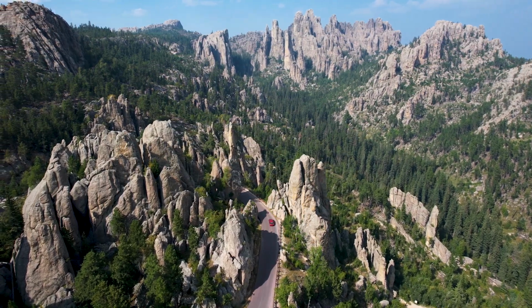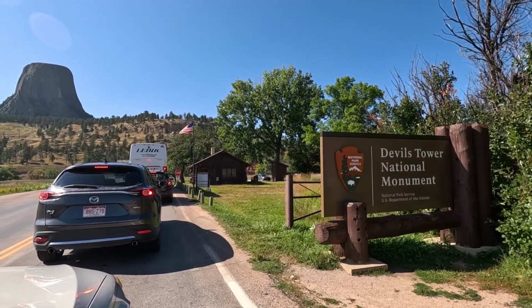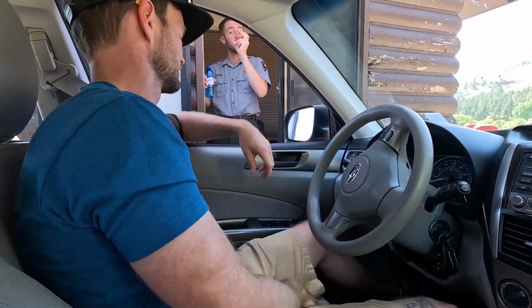We have just left the Black Hills of South Dakota and crossed over into Wyoming, and we had to come to Devil's Tower. It was really close to our route, and we've always wanted to come here. This is a national monument, so it is included on the America the Beautiful Pass. And also, fun fact, this was America's first national monument, established in 1906 by one Teddy Roosevelt, whose face we